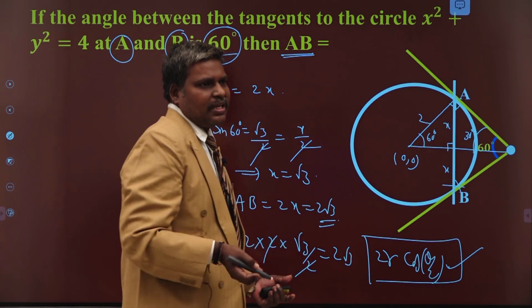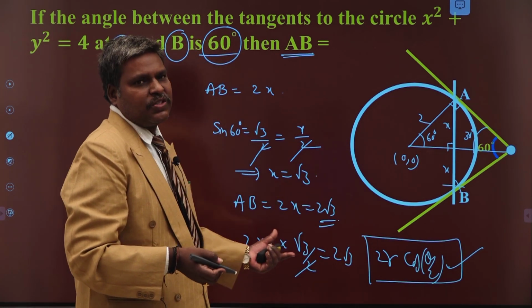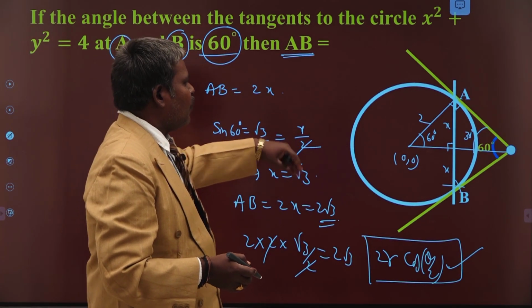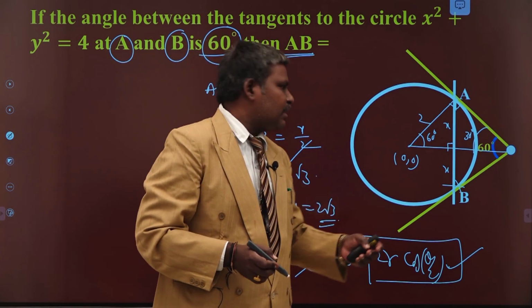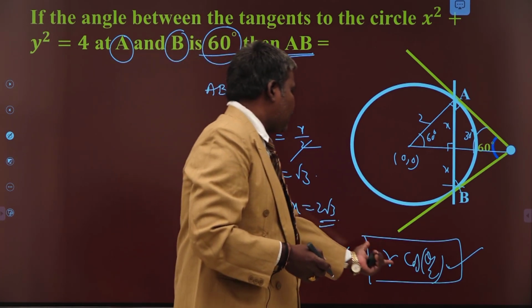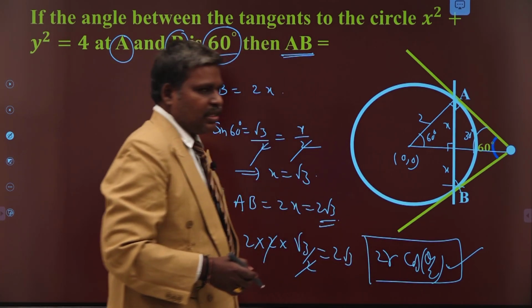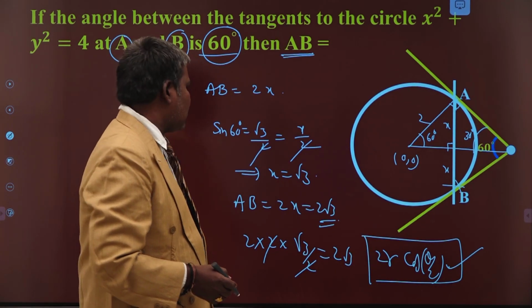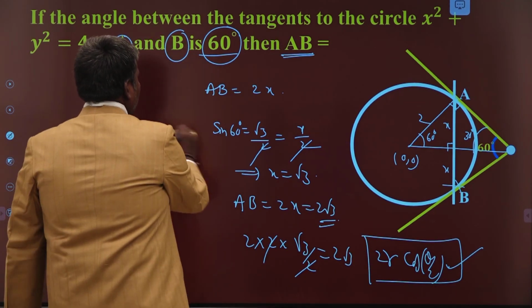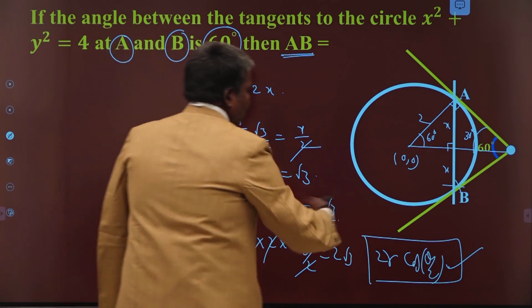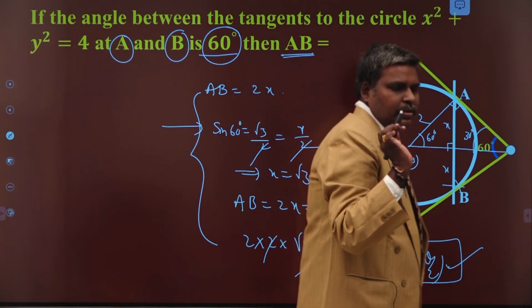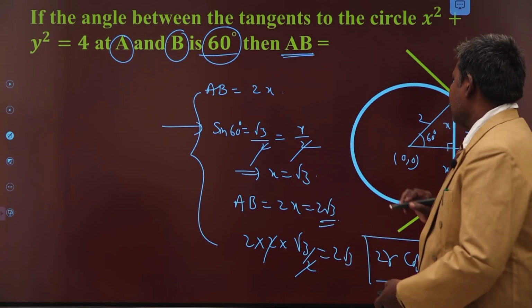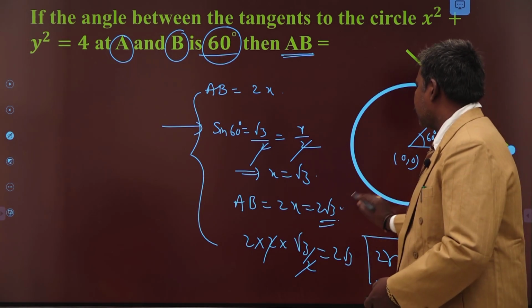So many formulas are there. It is not possible to remember all these formulas. So you have to play with the diagram itself, you get the answers. If anybody wants a formula, 2r cos theta by 2 is the length of the corresponding chord. Understand? So this is the procedure. This is the formula. You may use whatever it may be. Okay? So the answer is what now here? 2 root 3.